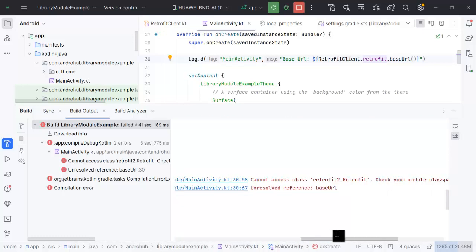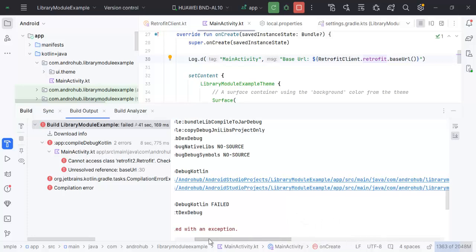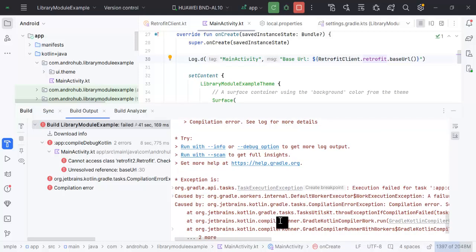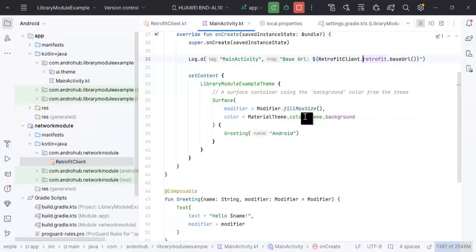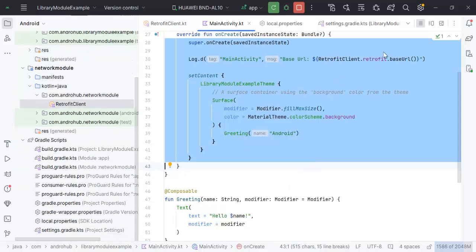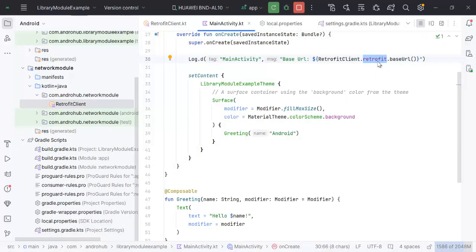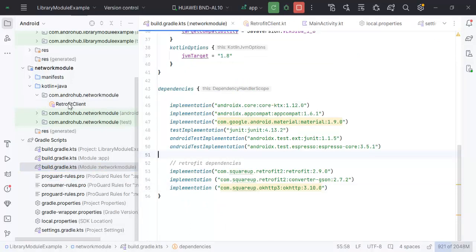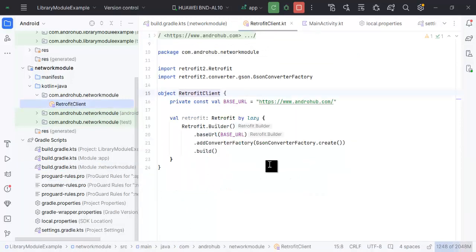Library module cannot access retrofit. To check your module's class path for missing or conflicting dependencies. Unresolved reference baseUrl. Basically, this will happen when we try to access retrofit outside the scope of this network module, because right now we are trying to access it directly, but actually this won't work because every operation will happen inside the network module. So to fix it, instead of this, what we can do is go to the retrofit client and create one function